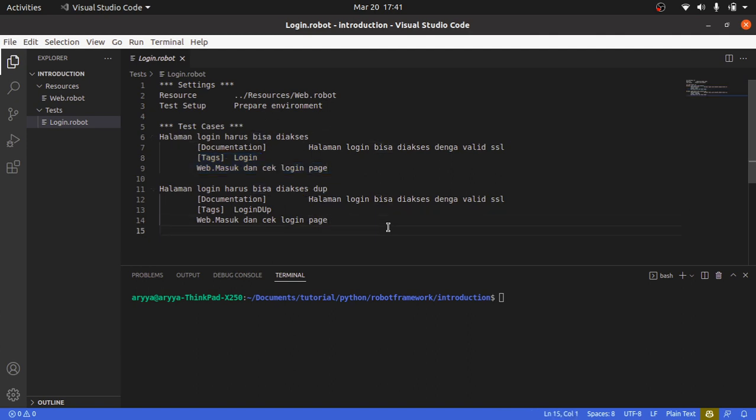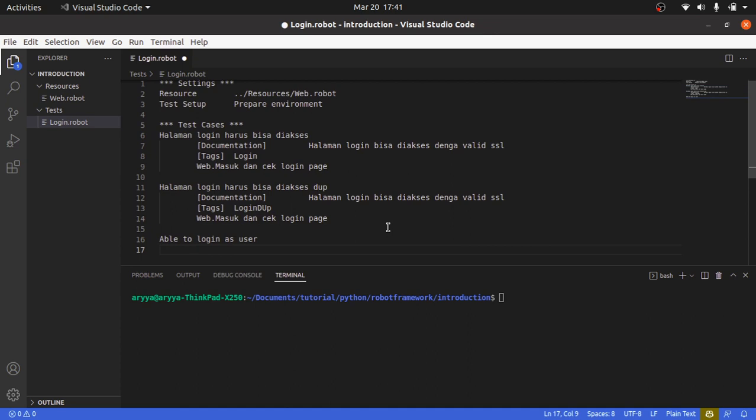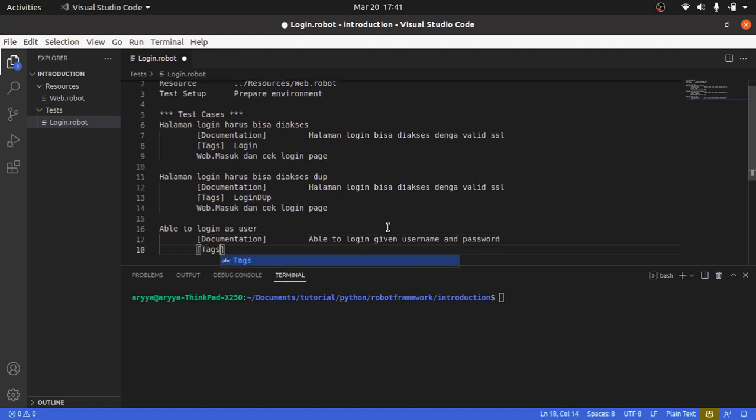So we will create another test case: Able To Login As User. Add documentation: able to login given username and password. And the tag is login.